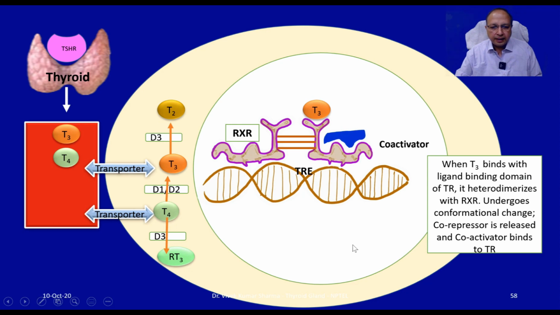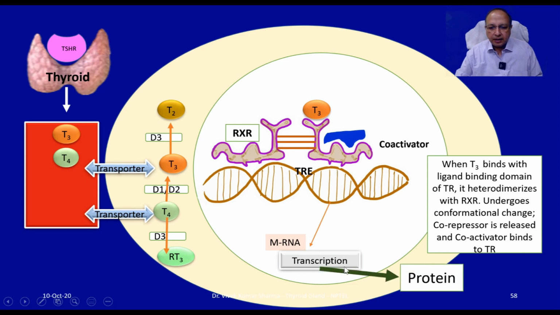There will be the activity of the DNA. The conformational change will bring about the responsive element changes. The gene, there will be the transcription process. Messenger RNAs will be produced, and then that will give rise to the translation process, leading to the production of the proteins that will mediate the effect of thyroid hormone, and we will find all the metabolic effects that we have discussed.